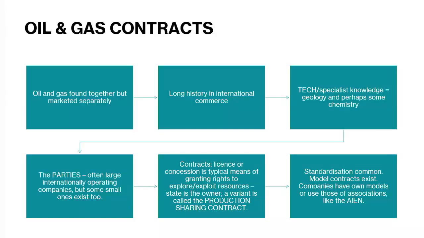Sonatrach takes its share, private investor takes its share, private investor transfers it to the boat, but the telex has gone off, and by the time it reaches the boat, so to speak, it's gone, already been sold to somebody else, because the company's in the business of making money. It doesn't want to hold on to the oil. Why should it? It wants to sell it. It wants to monetize it. And so that's what it's done. So it's all very, very, very fast.